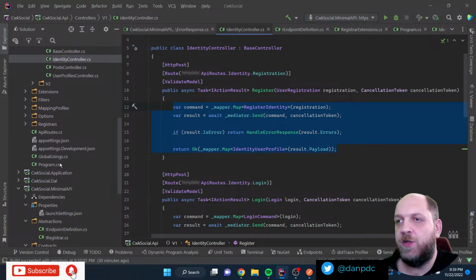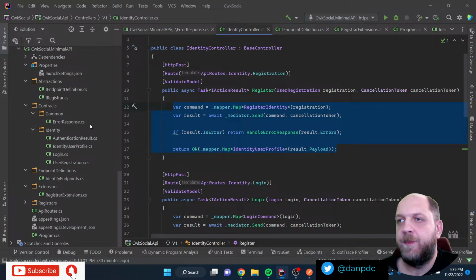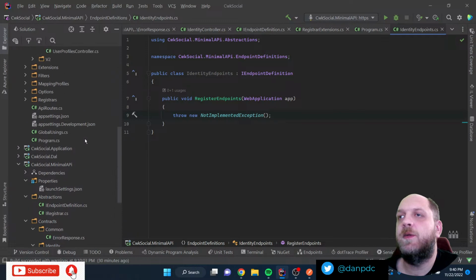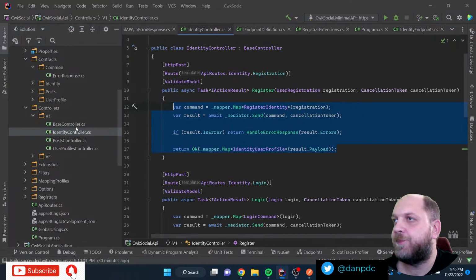So what we'll do here is we'll go to identity endpoints. Cool. So we have this identity endpoints. But I didn't recall exactly how that one was configured. Let me go back, identity. So from the route, it's API routes identity registration. Okay.